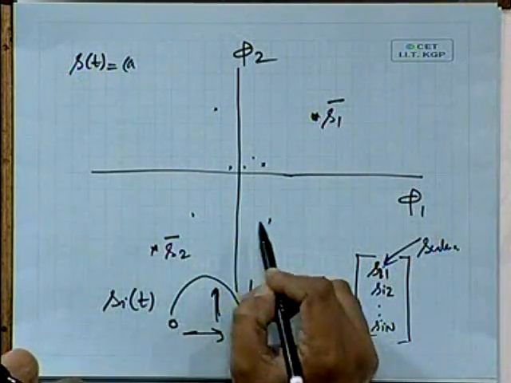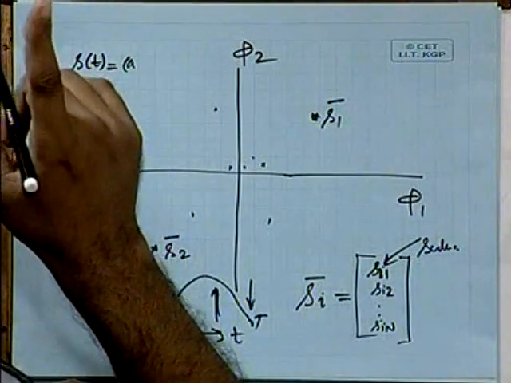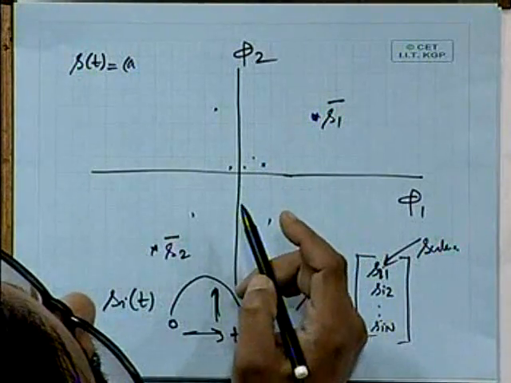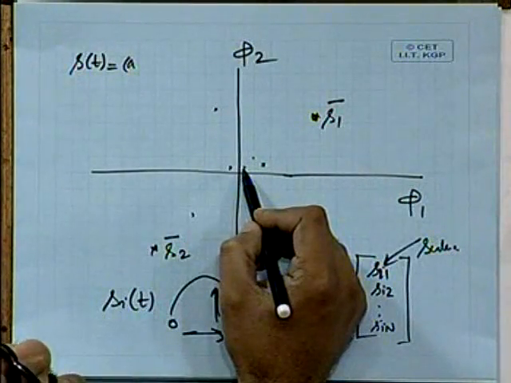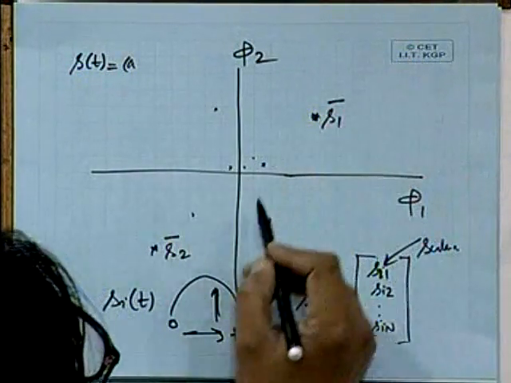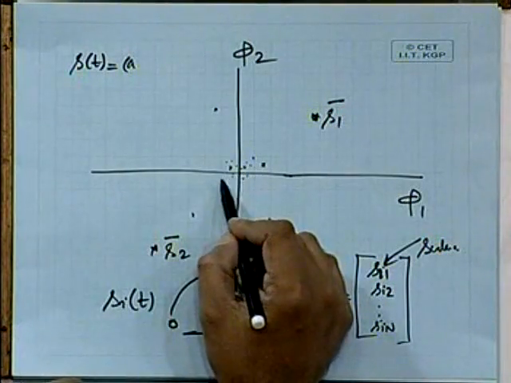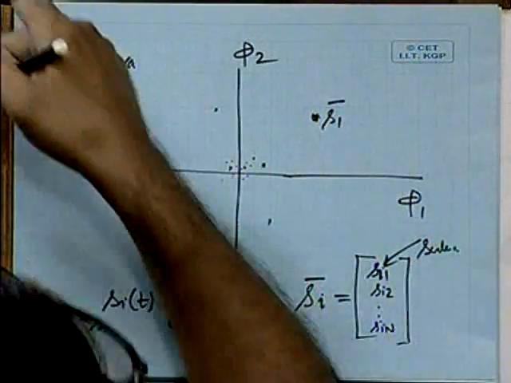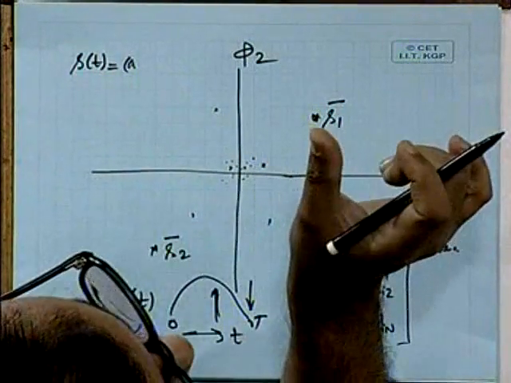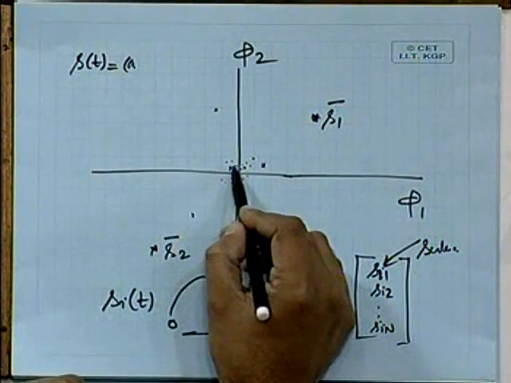But just now we talked about Gaussian distribution. This noise follows Gaussian distribution even after filtering. So if I now talk about probability, it is more probable that the corresponding noise point most probably will be somewhere here. Where it is, I do not know, I need not know, because it is a futile exercise to try to determine exact form of small w(t). But I can say that it is more probable that the noise sample is somewhere here, closer to this